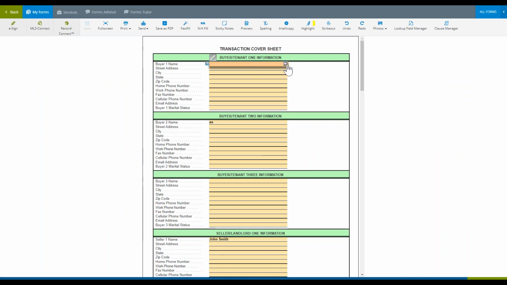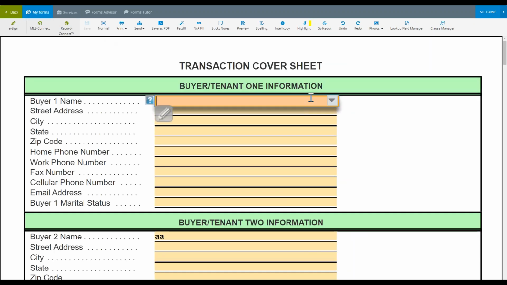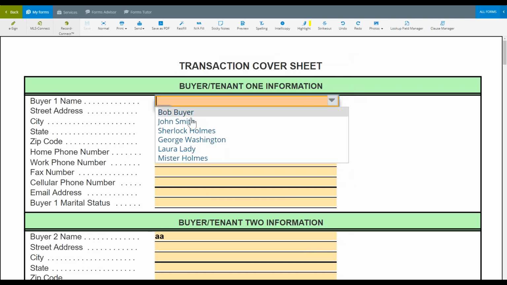On a cover sheet here, you'll see this drop-down. This is what I was referring to. Maybe it's just a browser issue while the other one wasn't showing, but you see this drop-down window here. I can select it and have access to all the common names or individuals I've entered into any one of my forms. You have access to this on any form. Apologies for the small glitch on the other one.